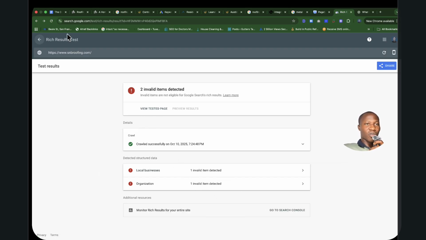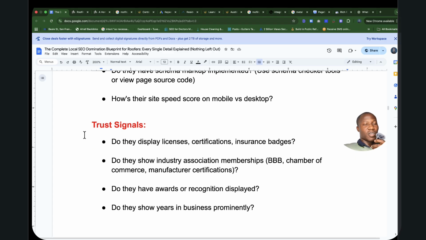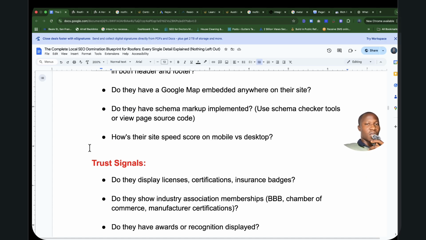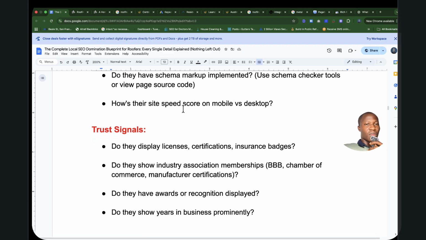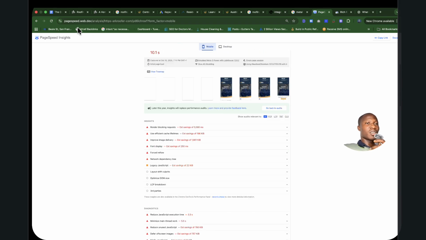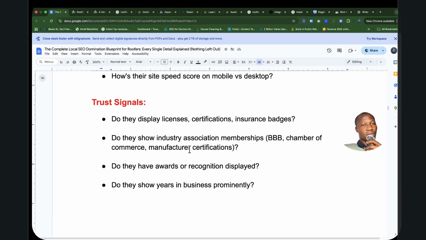So it's something they also want to implement on their website. These are just basic things that could mold their website's performance on Google. Then you also want to look at their site speed, the same thing I did here. The core of your website, how's the speed looking? What is it going to impact the users who are coming to the website?